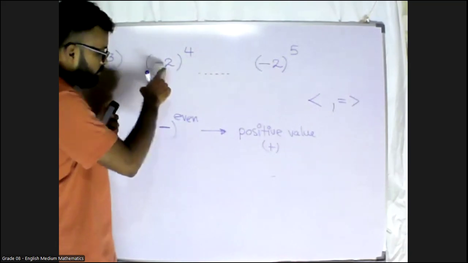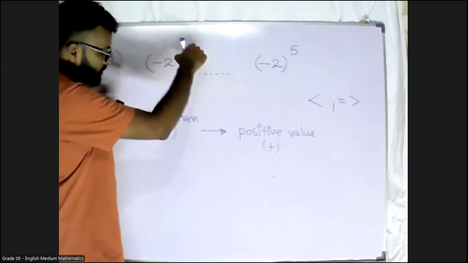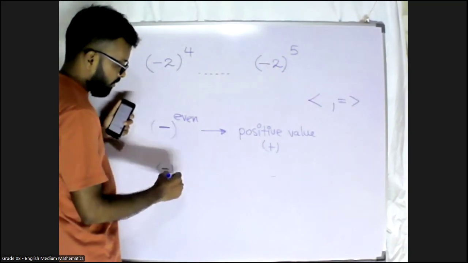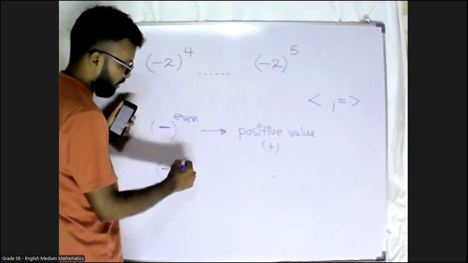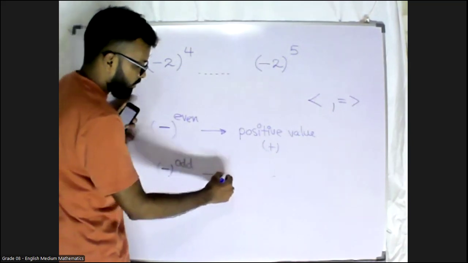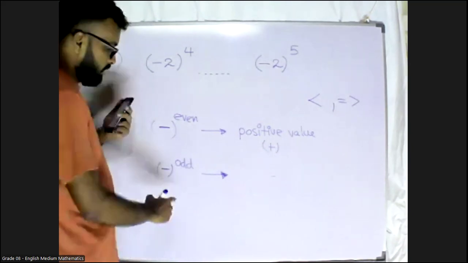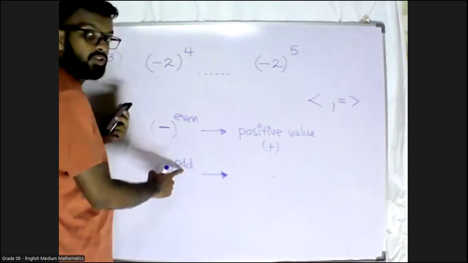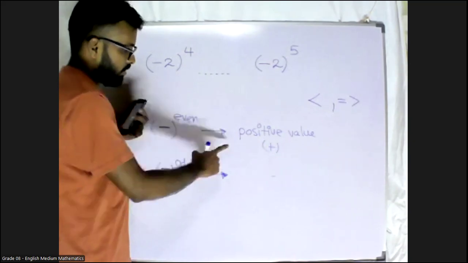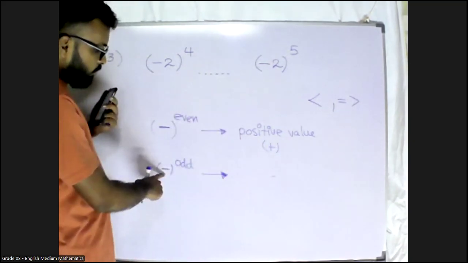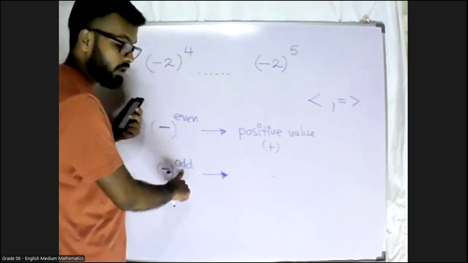Negative value, power is even, answer should be a positive value. And the opposite of this: negative value and the power is odd,